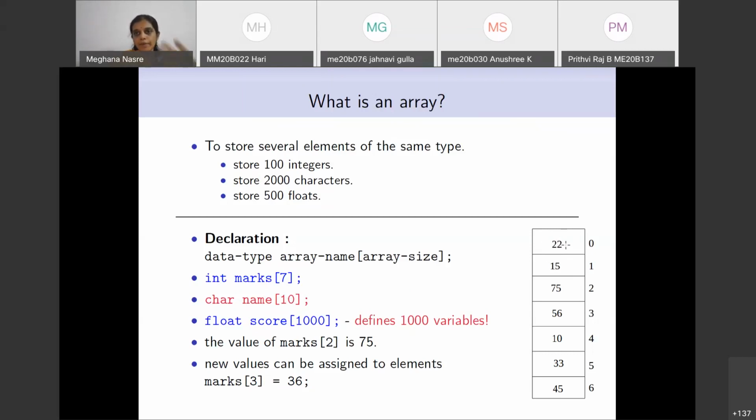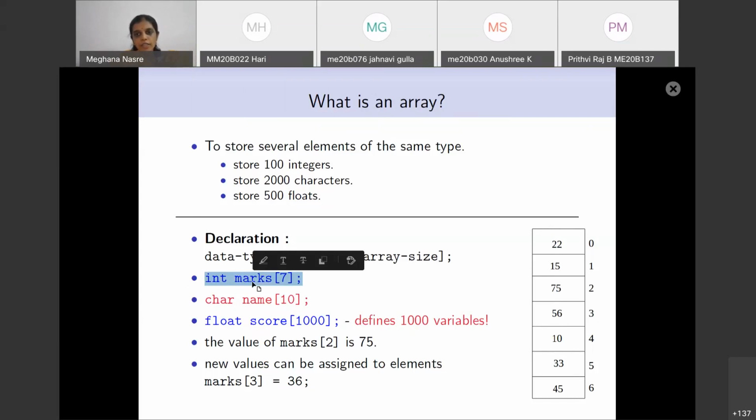How did this 22 come in? Because somebody has initialized it. We will come to initialization, but there are 7 places indexed from 0, 1, 2 all the way up to 6. Each of them is a cell which can hold an integer variable. And why is it an integer? Because we have said that this is an integer array.